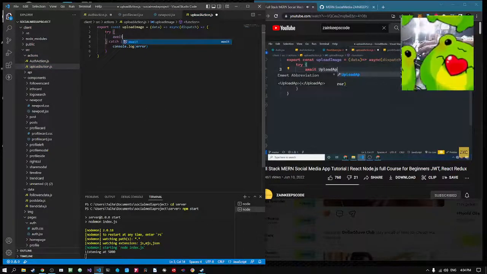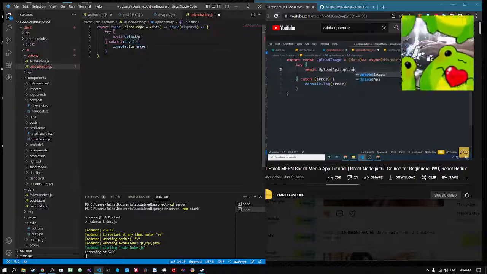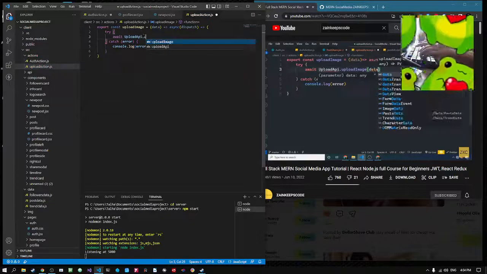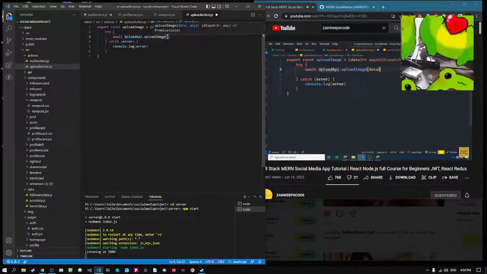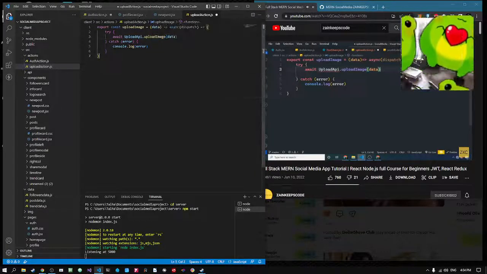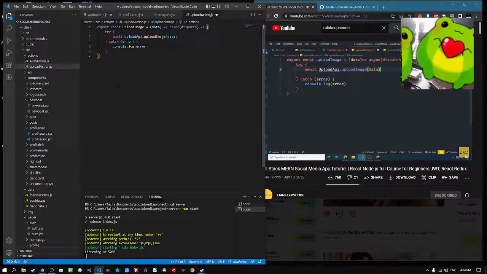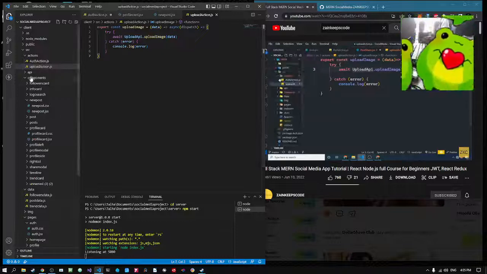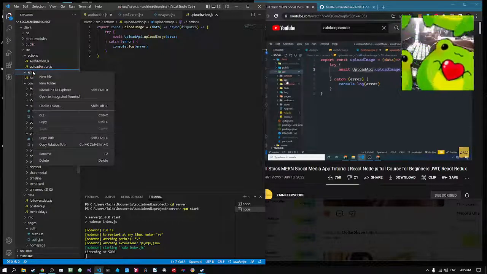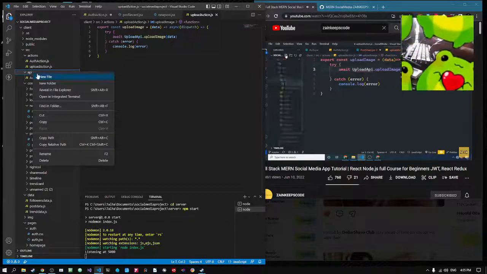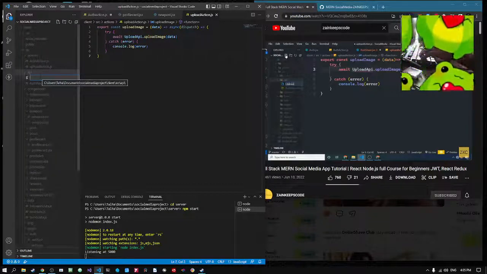There should be an upload API inside which there should be a function of upload image which will carry the data of our image. Now it's time to make an API for the upload image function. So let's close this. Inside src, inside API, here I am saying upload